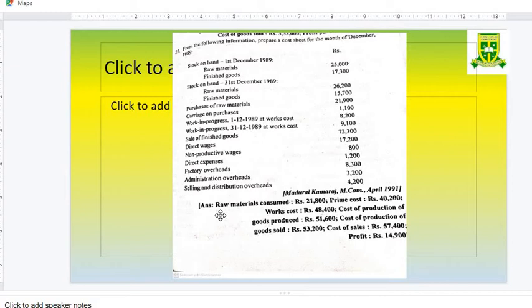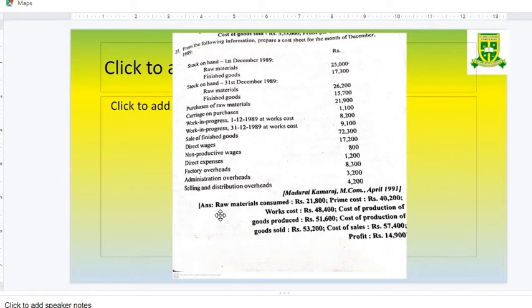So firstly there will be opening stock. This is the already available stock. That stock alone is not enough to manufacture products. So in that particular year we will buy raw material. So that material is called purchase of raw material. So what you have to do? Add purchase of raw material. Then the balance is the last balance which is available after using the material. So add opening stock plus purchase of raw material.